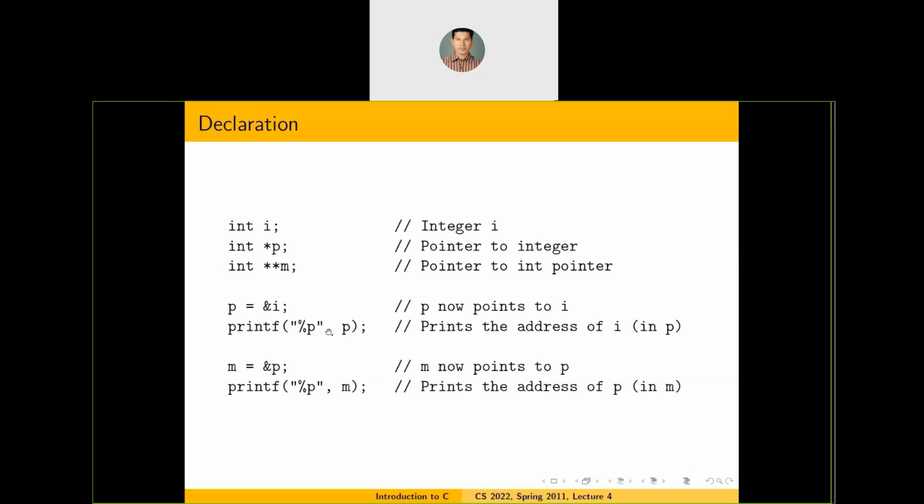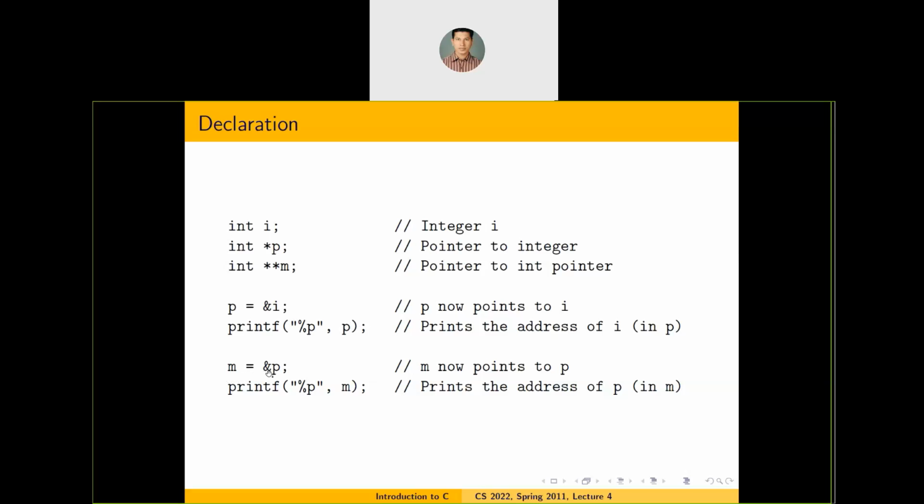But when I just access p without any operator, what is the meaning? p equal to address of i, with the address-of operator. So i's address is stored into p's location. If I print p with percentage p, it will print the address of i. Sometimes the address locations are 2 bytes or 4 bytes, but percentage d will also work here because the address is anyway an integer. We'll see this in an example later.